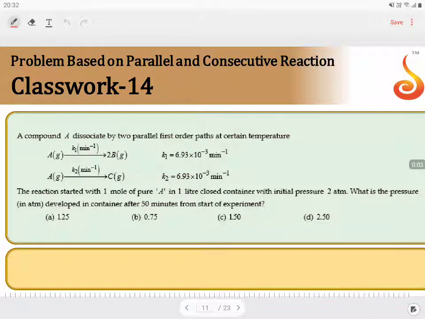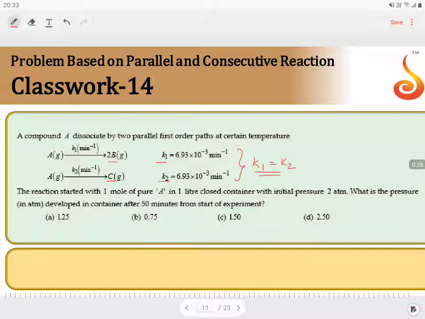Problem based on parallel and consecutive reactions. This is a question related to parallel path reactions in which a compound A is dissociating into two parallel first order paths at a certain temperature. Given A gives 2B and A gives C, where K1 is equal to K2. They have mentioned the K1 value is equal to K2, and that is given as 6.93 into 10 power minus 3